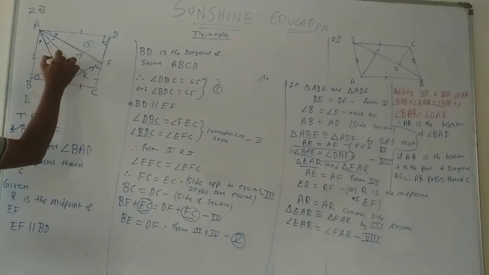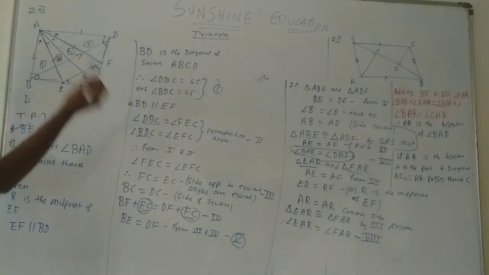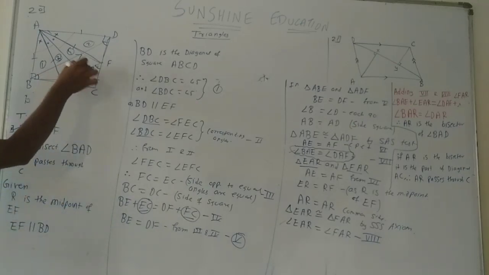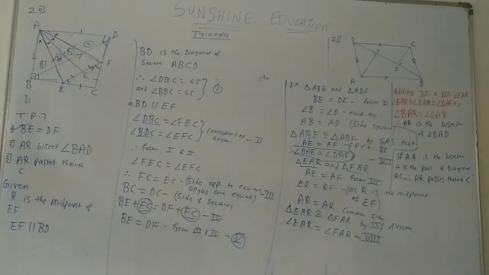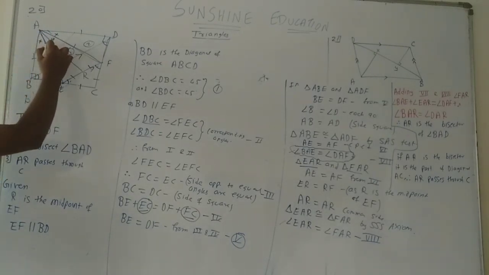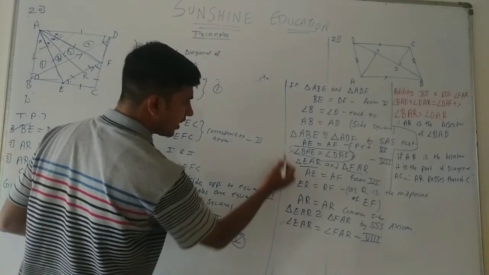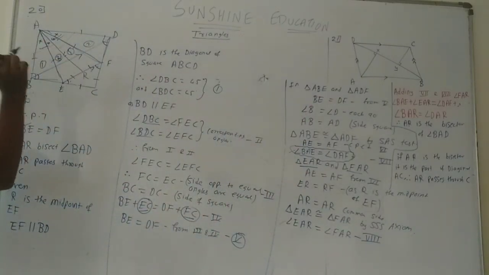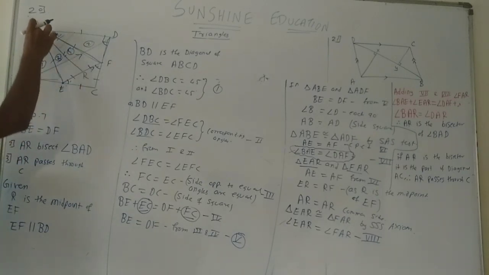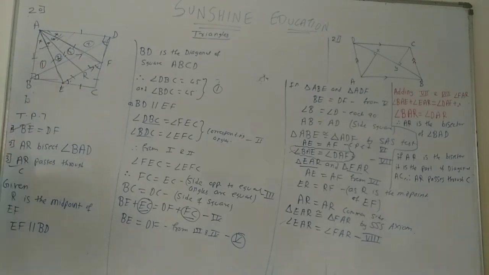Now using the triangles inside, EAR and FAR. This side is equal to this side from 7, and ER is equal to FR is given, and common side AR. Therefore, these angles which I have symbolized with circle are equal. Now adding this and this and this, LHS, LHS, RHS, RHS. You can see this red color mark. Adding 7 and 8, I got this angle BAR is equal to DAR, and if AR is a bisector of angle DAB, therefore it is a part of the diagonal which will pass through point C. Okay, so this was a very important and bit tough question.